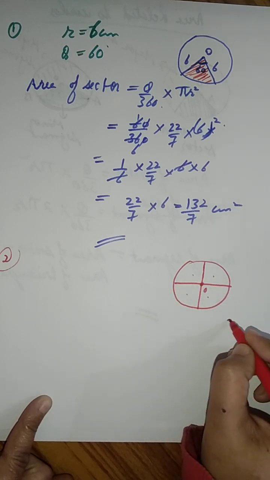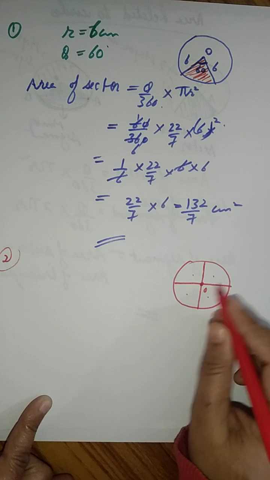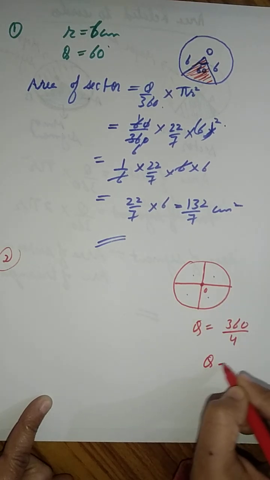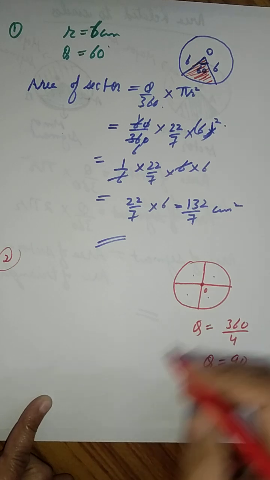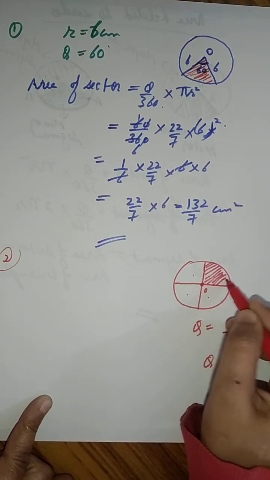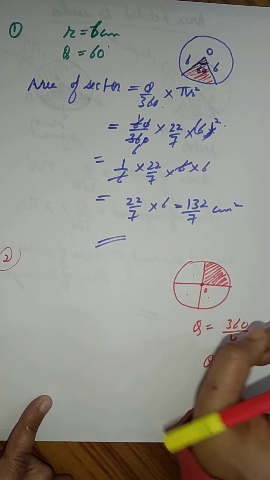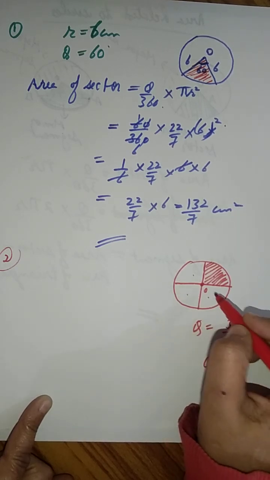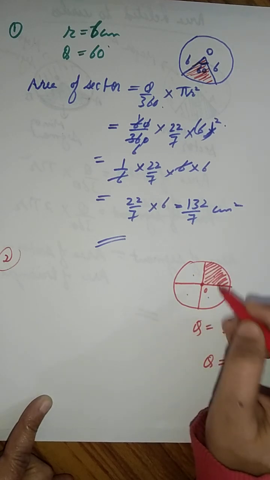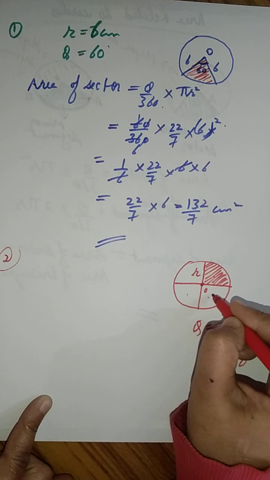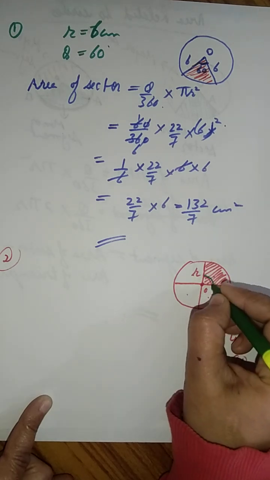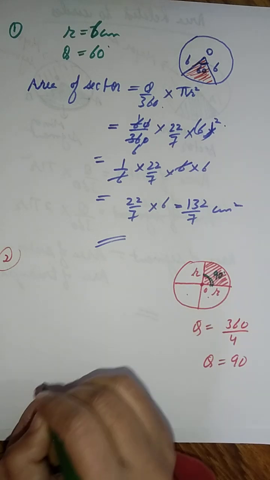And if we are going to divide it into 4 parts, then we will divide by 4 and we will get our angle theta, which is equal to 90. So if we are going to find the area of quadrant, we just have to find the area of one quadrant only. Okay, now we have to apply the formula for area of sector. So what we need is radius first, because theta we have calculated. What we have calculated, that is 90 degree.